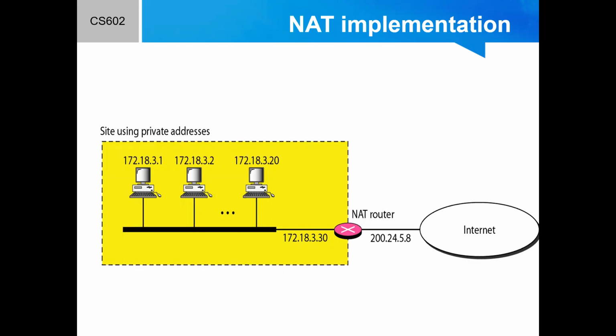The number of home users and small businesses that want to use the internet is ever increasing. In the beginning, a user was connected to the internet with a dial-up line, which means that she was connected for a specific period of time. An ISP with a block of addresses could dynamically assign an address to this user. An address was given to a user when it was needed. But the situation is different today.